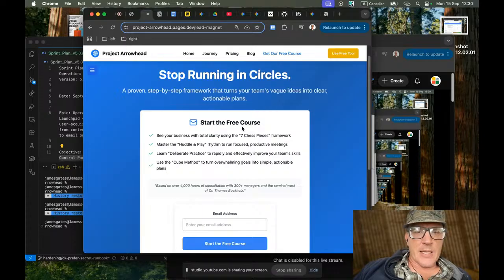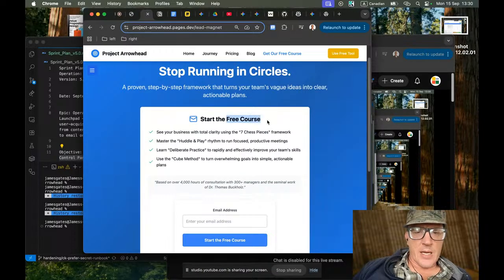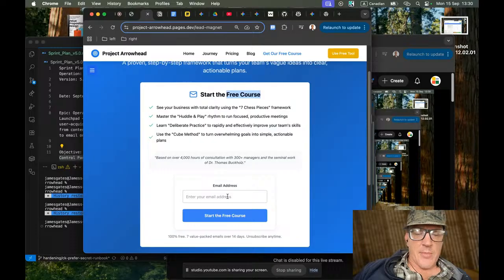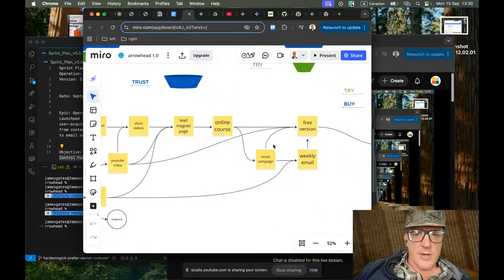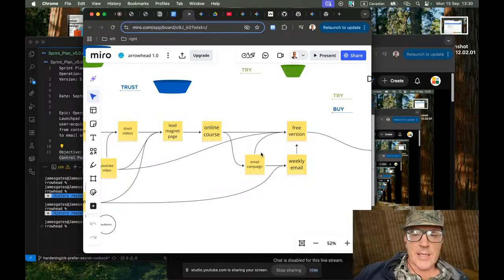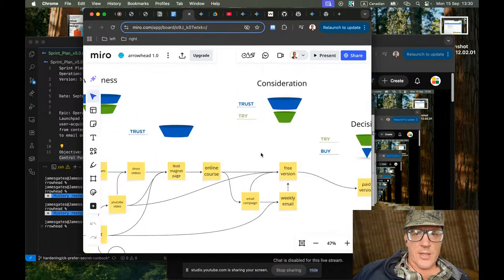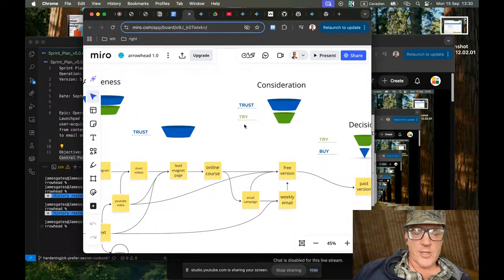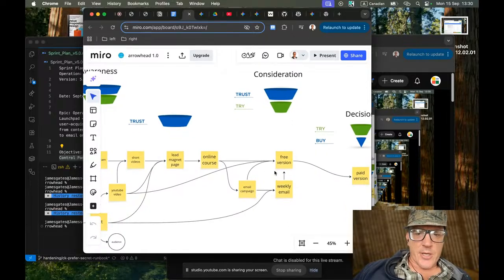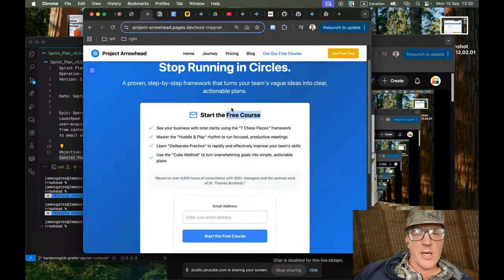A lead magnet means you promise them something for free and then they give you their email address. Once you have their email address, that puts them inside your email campaign. So then you have to design some kind of email campaign where you're providing value for them, and then they move from trust to try. What you're trying to develop is this thing called consideration. In the email campaign, you're giving them value, more value, more value, and then eventually